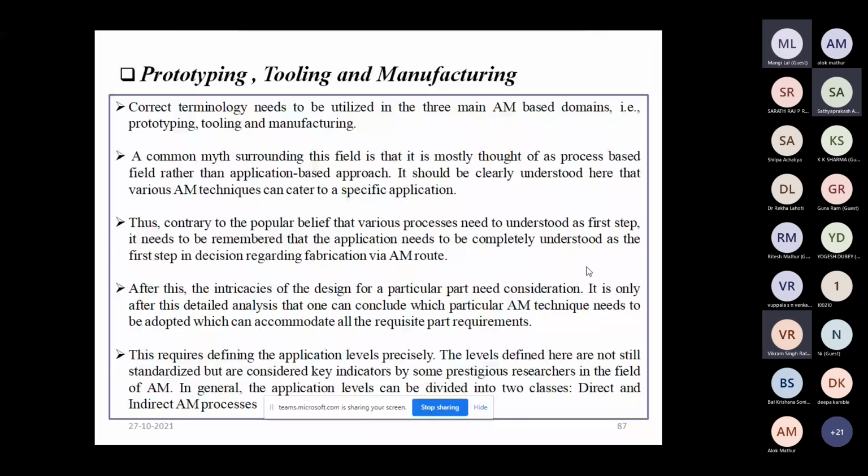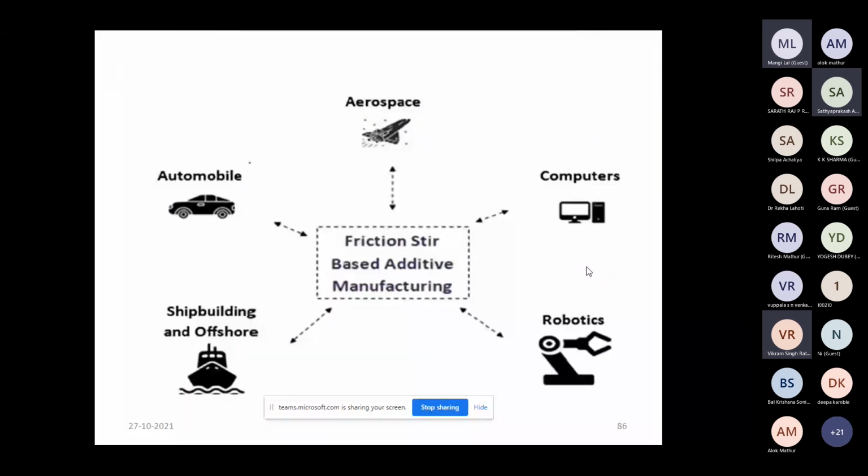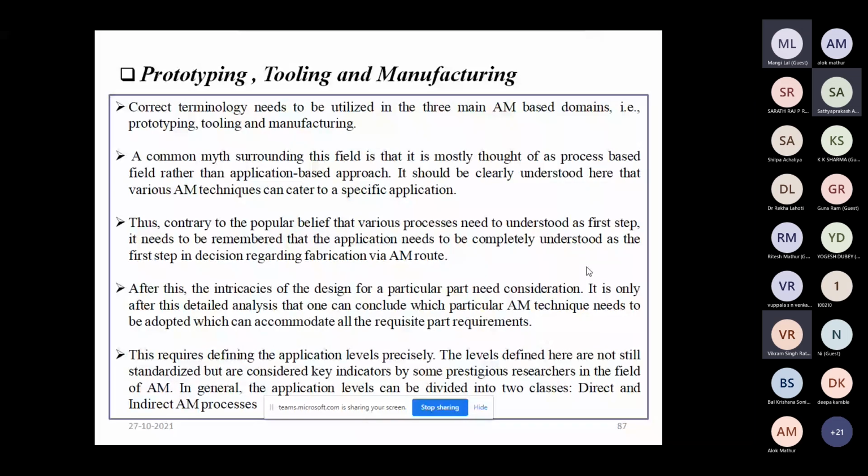So these are some of the most commonly used techniques that we have discussed in this lecture. Now, what is prototyping? What is the difference between prototyping, tooling, and manufacturing?